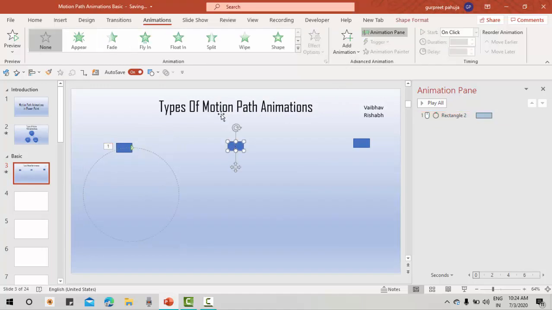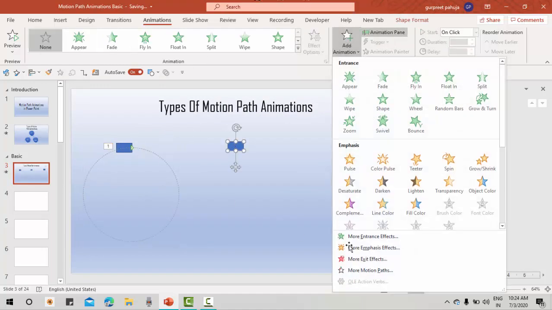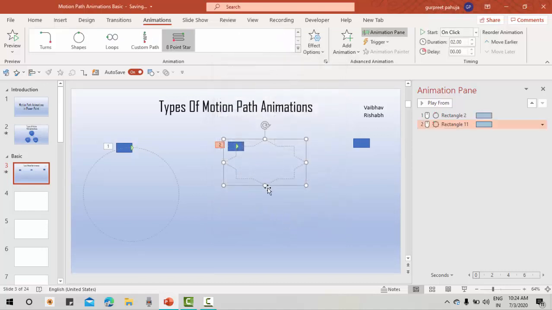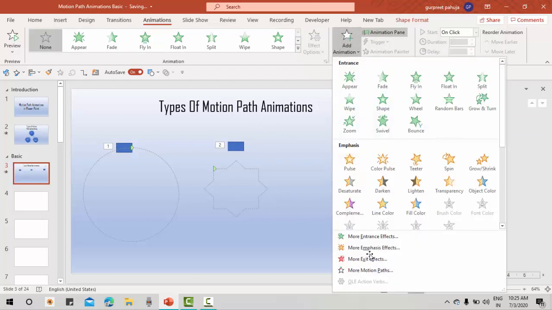I'll go to the second object, add animation, more motion path. Maybe we can do an 8-point star here. We'll again select the shape, reduce it, again select the shape, add animation, more motion path.